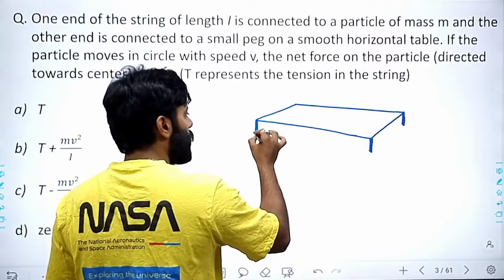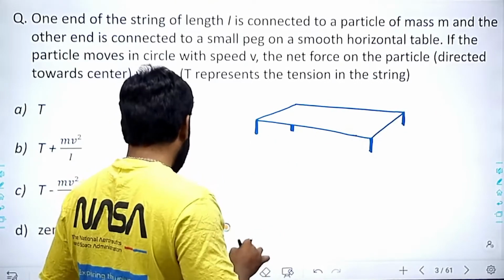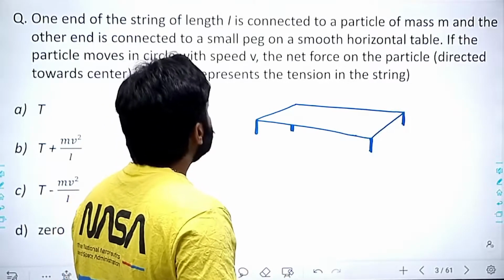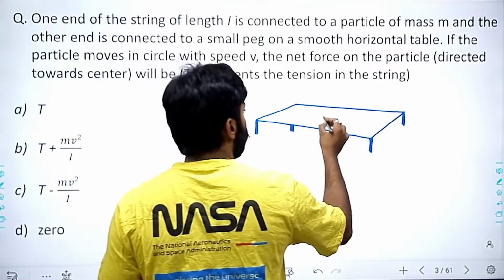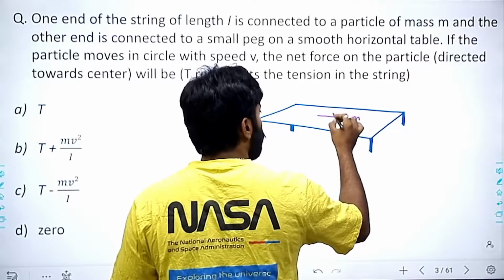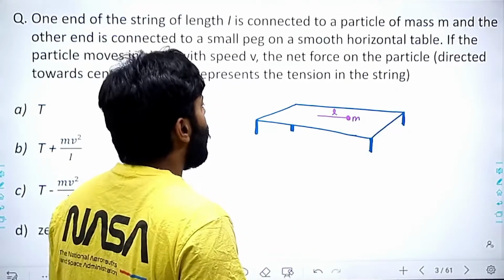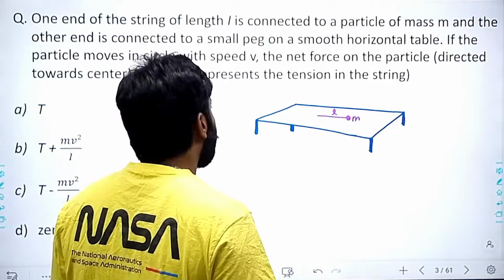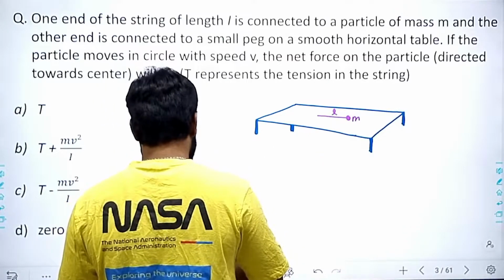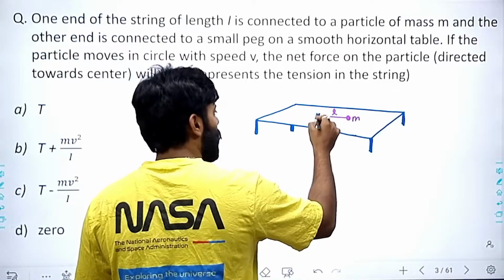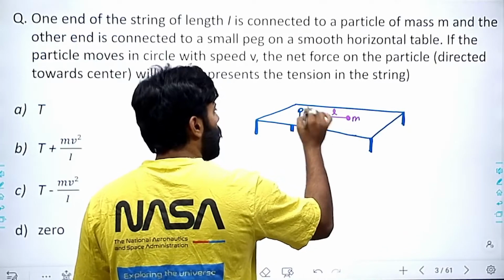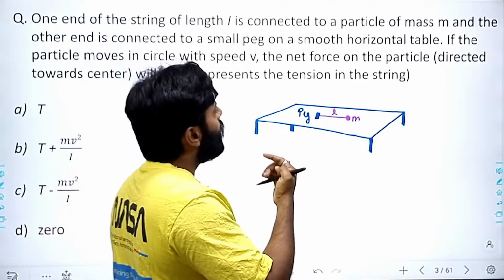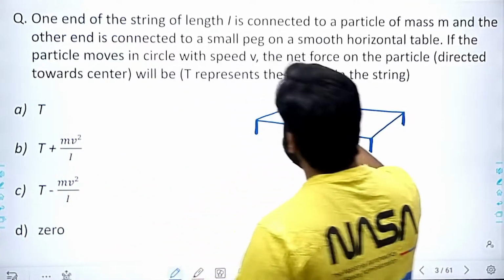and on this table we have a string of length L having mass m, and the other end is connected with a small peg on a horizontal table. Okay, there is some mass, there is some peg. What is peg? There is a peg. If the particle moves in a circle with speed v, the net force on the particle,